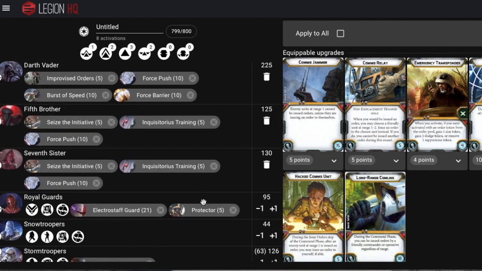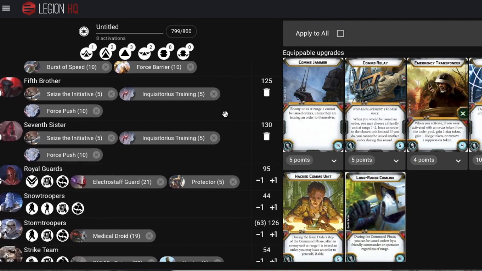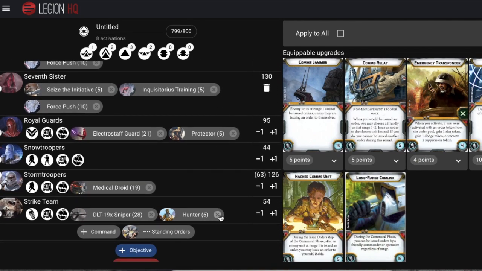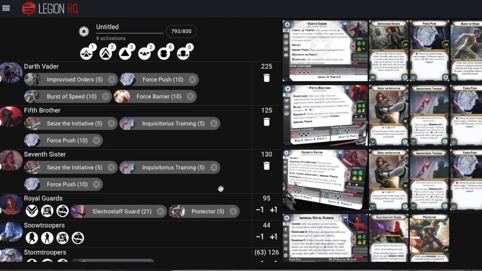So I'm quite happy with where we're at here. We're at 799 points, so we only have 1 point as the bid. So let's just have a check. So if we get rid of Hunter, that puts us at 793. I think if we can...